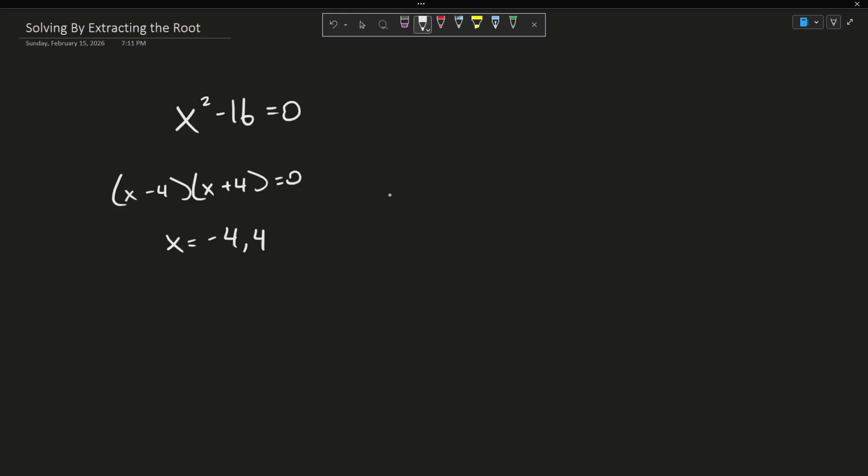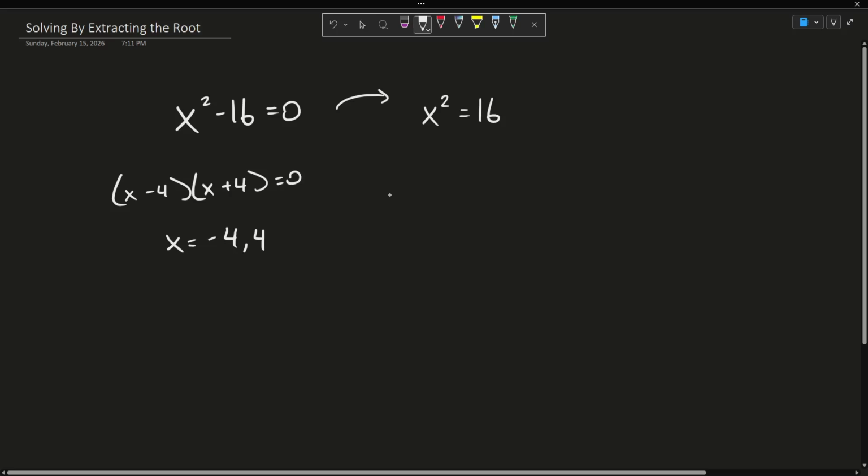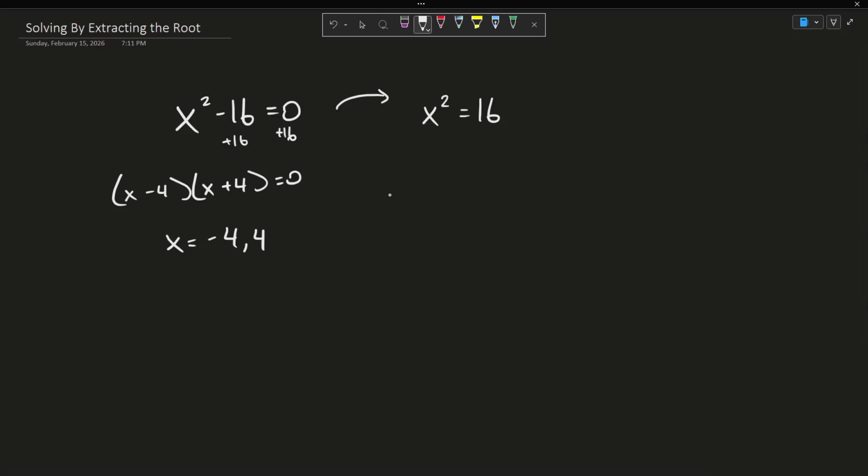Some of us might see, oh, why can't I just solve it algebraically? x squared equals 16 by adding 16 to both sides. And to undo a square, what we can do is square root. Just like subtraction is the opposite of addition, and division is the opposite of multiplication, like in 2x equals 5, for exponents, squaring and square rooting are opposites, they are inverses. So if I square root this,